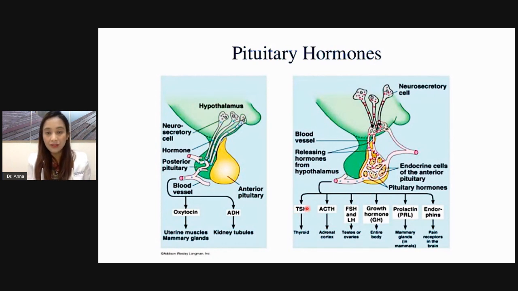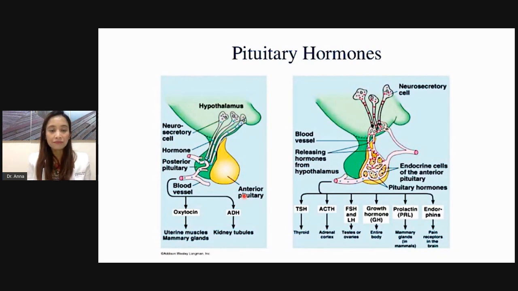Okay? So the different hormones that are secreted by your pituitary are your TSH, your ACTH, that stimulates your adrenal cortex, your FSH and your LH, that stimulate your testes or your ovaries, your growth hormone that has effects in different parts of the body, your prolactin that has effects on your mammary glands, and also lesser known would be your endorphins. But for the purposes of this session, we're just going to focus on the 5 major pituitary